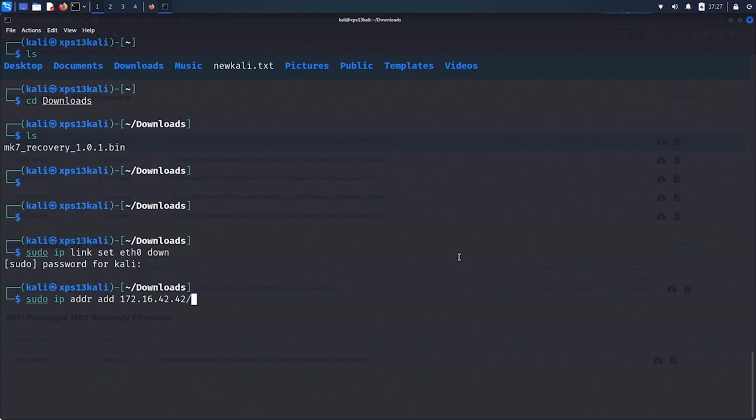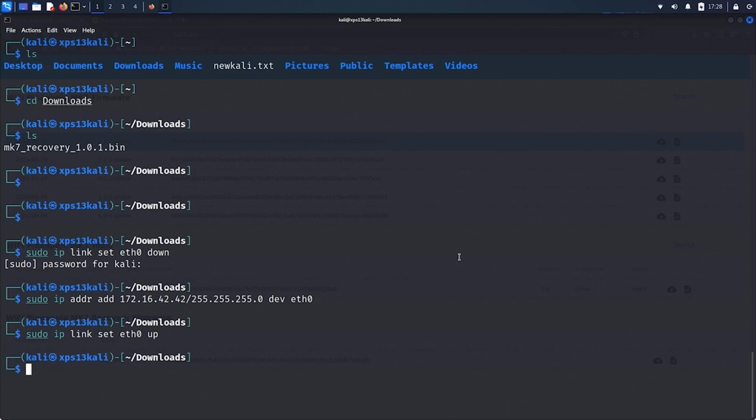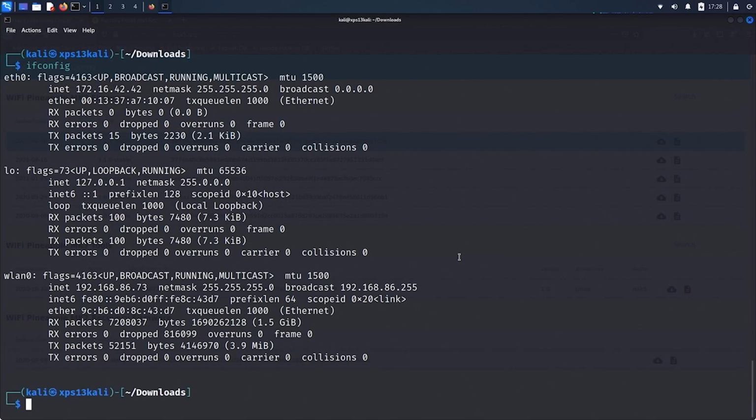172.16.42.42, and that's with a net mask, so /255.255.255.0 on the device eth0. Again, that may be different for you, maybe eth1, may have a different name entirely. Just check with ip. And then we can just bring our interface back up. So instead of link set down, we'll do link set up. And if we take a look with ifconfig or ip, we can see our interface now has that static IP